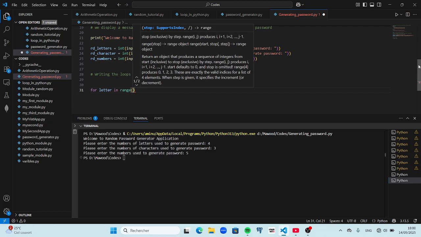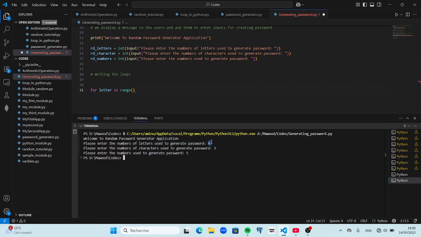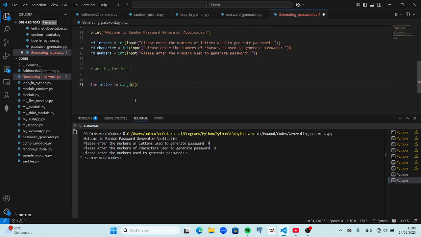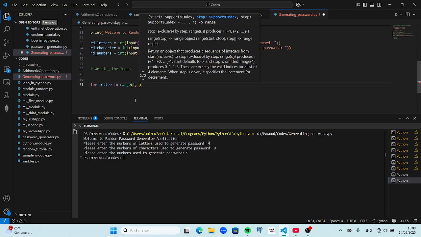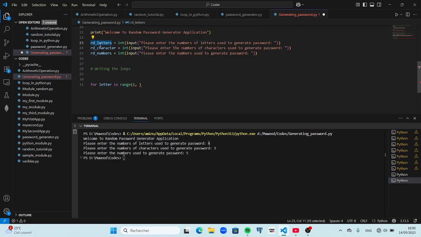For example, how many times do you want to iterate? In this case, the user has written 4, so you have to specify that. It should start from 1 to these numbers. Whatever the user has written, it should be inside that,